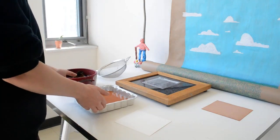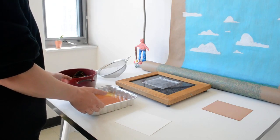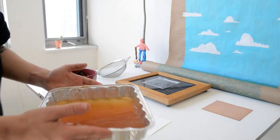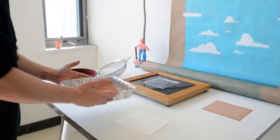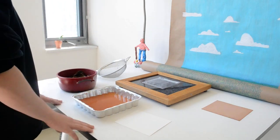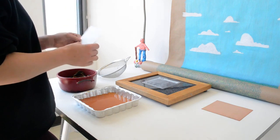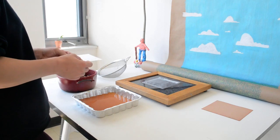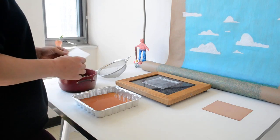And I put it in these trays. You can use any tray that fits, but I like these because they're really cheap and really easy to clean and reuse a bunch of times. So, as you can see, it's sort of a pinky, orangey, tannish color right now, which is perfect and what we want. The other thing to take note of is the temperature of the dye bath when you put the paper in. It depends on what paper you're using. This right here is a Reeves Platinum paper, but if you're using a handmade paper, you're going to want to make sure the temperature is a bit lower, around room temperature,